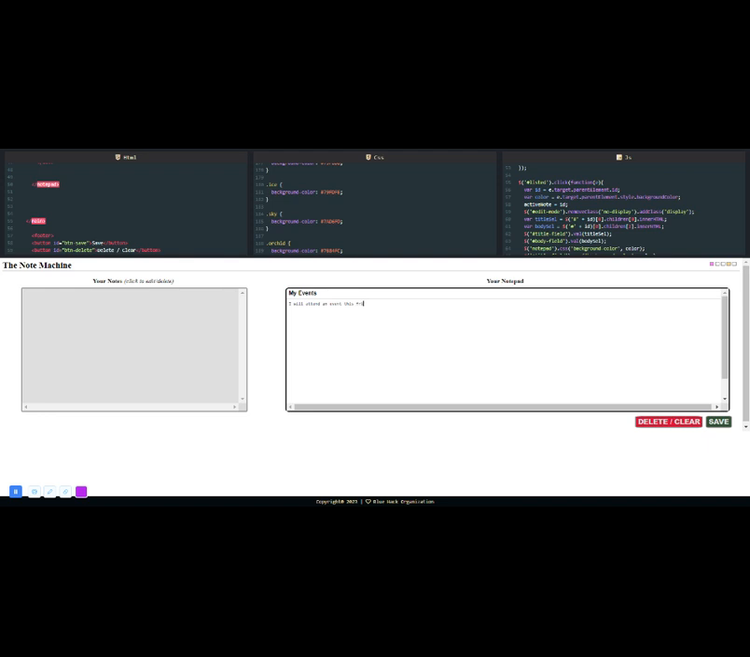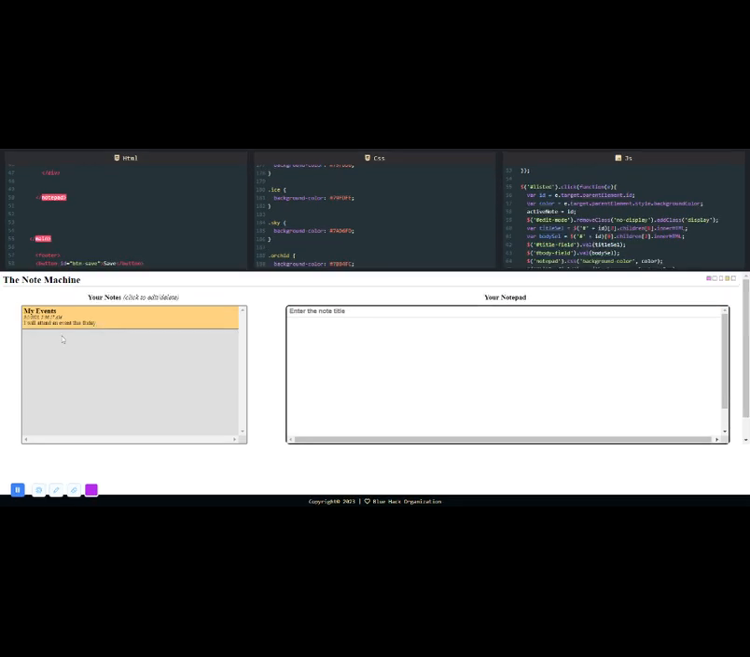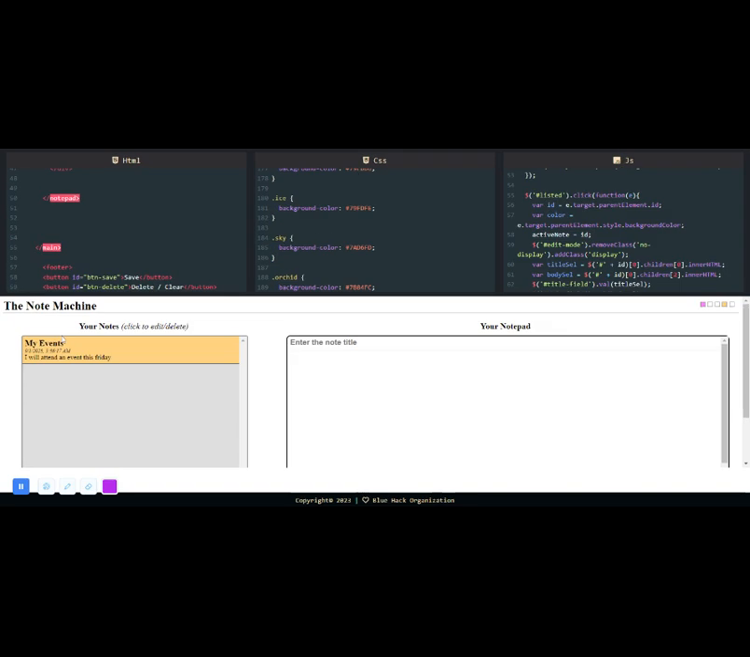So I'll write an event this Friday and choose a color from here. Just choose a different one. Then I can click save. Now my note is listed here. Now let's take a very close look. You see, when I saved it,